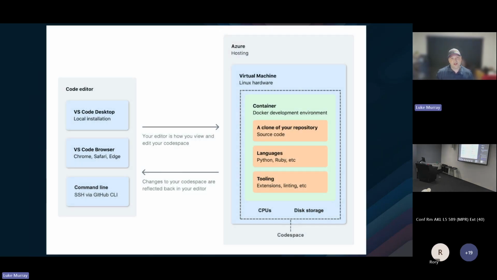So just to touch a bit more on what I've been talking about. When you start using a Codespace, you're essentially using a Docker-based development environment that's hosted in the cloud with Visual Studio Code as your IDE. I believe there's JetBrains and other IDEs that are compatible as well, but VS Code is by